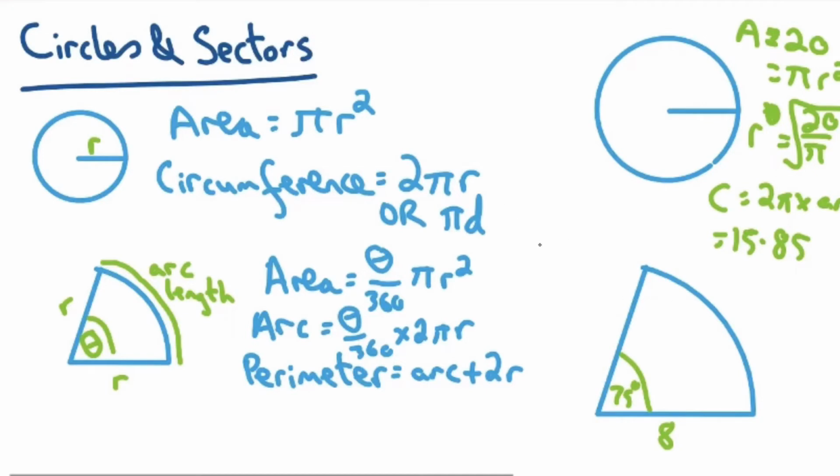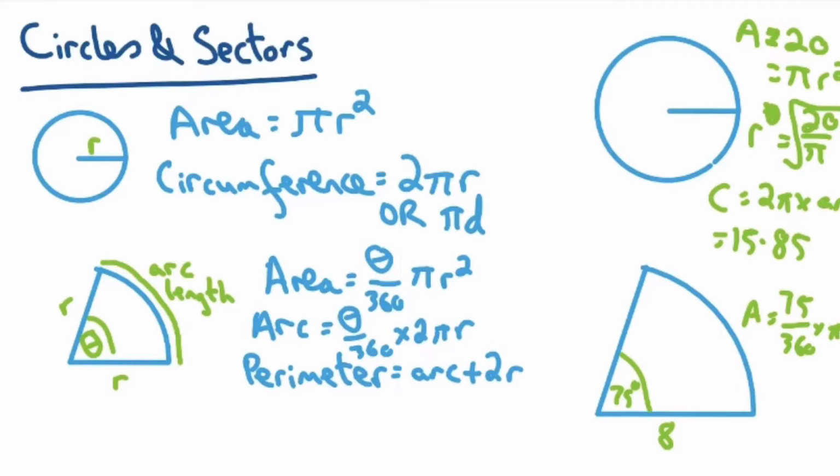For the area therefore, we're going to have 75 over 360 times pi times 8 squared, which again, as why a question may say exact form, is because your calculator will inherently round if it's a long decimal. Even if it seems like it's being really thorough, it's still rounding off at some point. So to be exact, you leave it in terms of pi, you leave it as the fraction in any kind